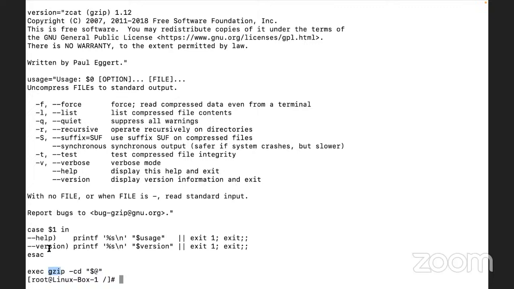So whenever we execute the zcat command, what is it going to do? gzip -cd $@. These are some parameters which are defined. So what exactly is this command doing? This is going to unzip the files. Right?